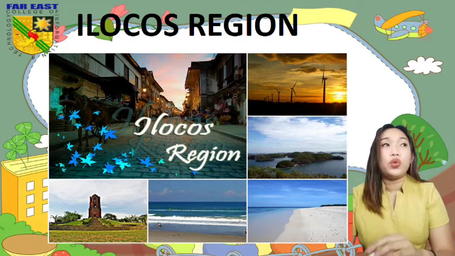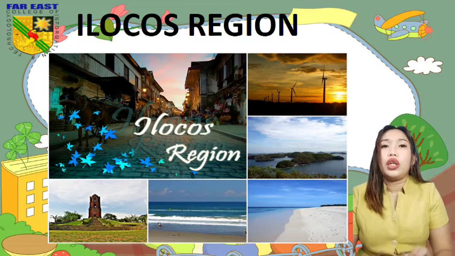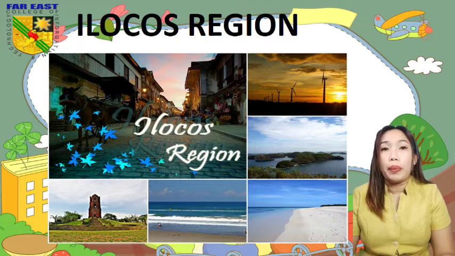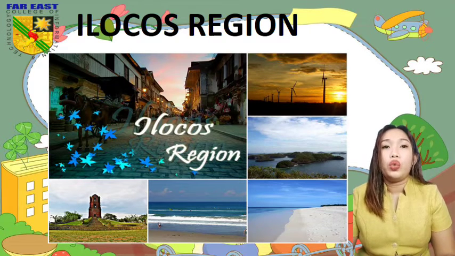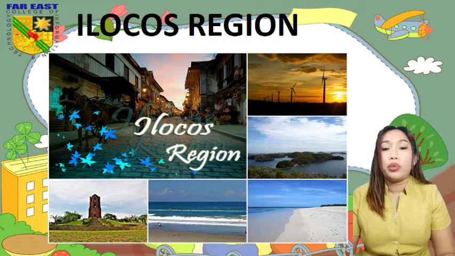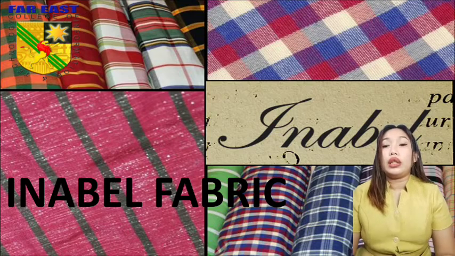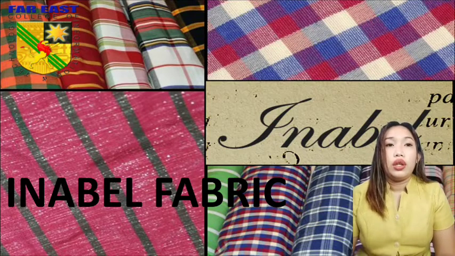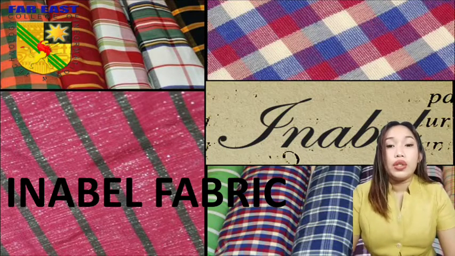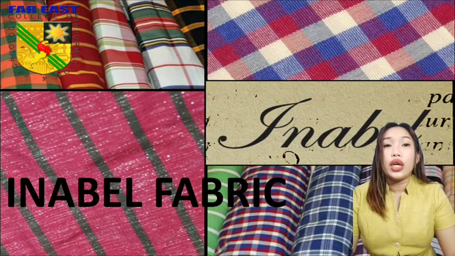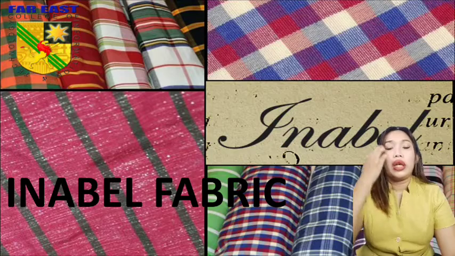Nung una, hindi pa uso yung mga artificial dyes. Ang ginagamit nila is yung black palm or yung sagut. Pero nung na-introduce na yung mga commercial production ng mga dye, doon na nila binababad bago nila tinatahi or tinetrend. Aside from that, sila din ang nag-introduce sa atin ng mga ulam na dinengdeng and pakbet. So, next